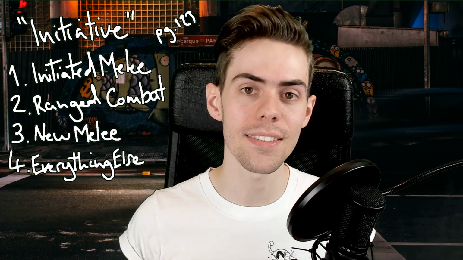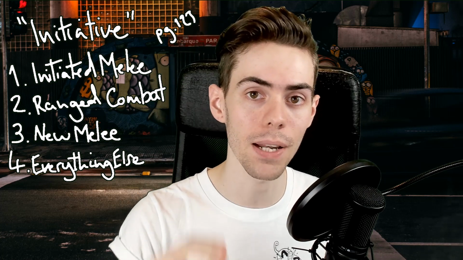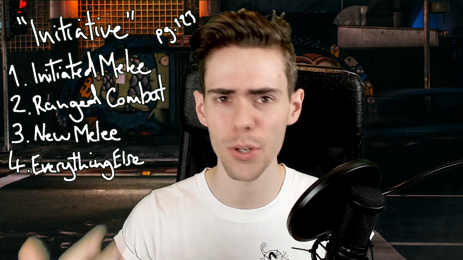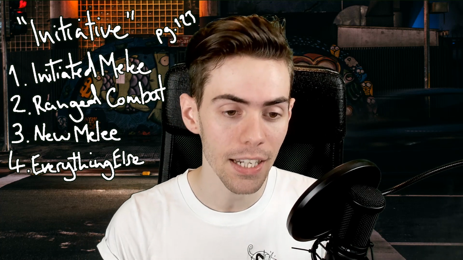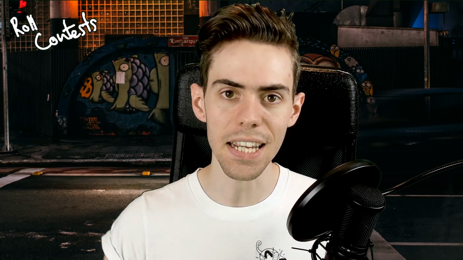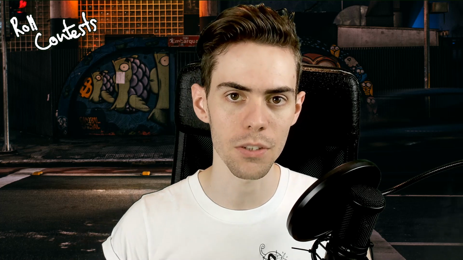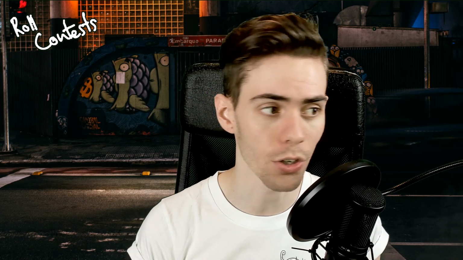The game suggests that if you are trying to break ties, then you use a dex plus wits roll, dexterity plus wits, to see who goes first if there's two melee combatants. But here's the fun part. Let's go on to the roll contests. Now, like I said, if there's two people doing two different things, you roll dex plus wits to see who goes first. So on the right here,